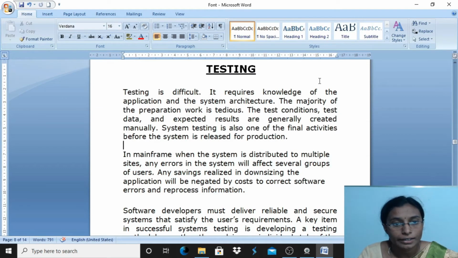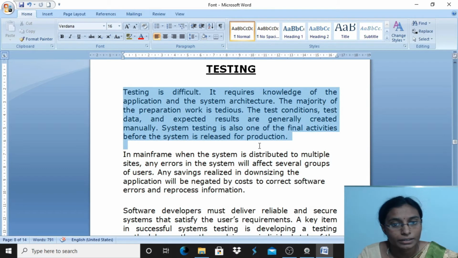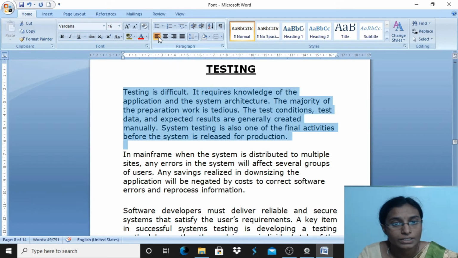For the horizontal alignment, firstly I will select a paragraph here. Then in the home tab we have a paragraph group: align text left, align text center, align text right and justify. So these are the four different options available. So I will firstly align the text to left. As you can see, the entire paragraph is aligned to the left.